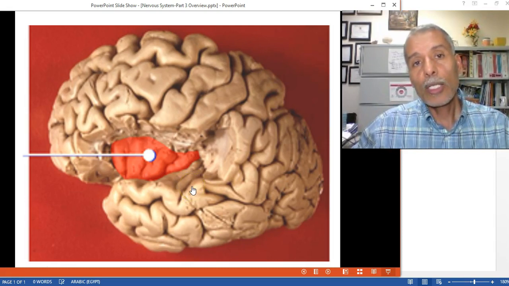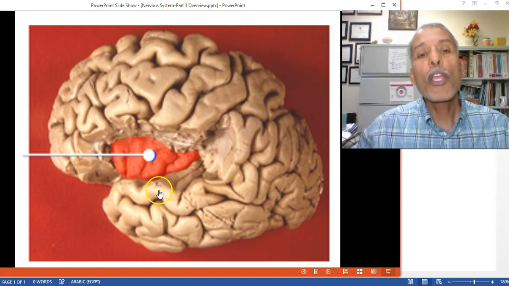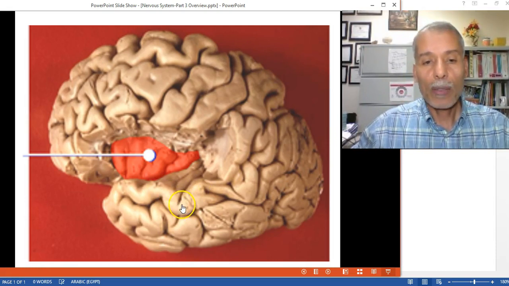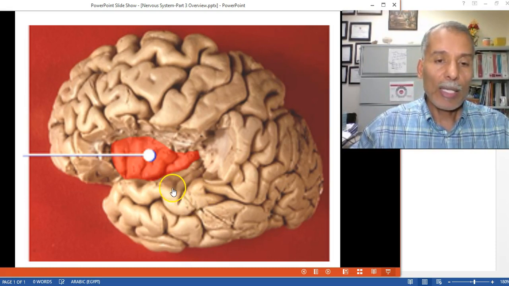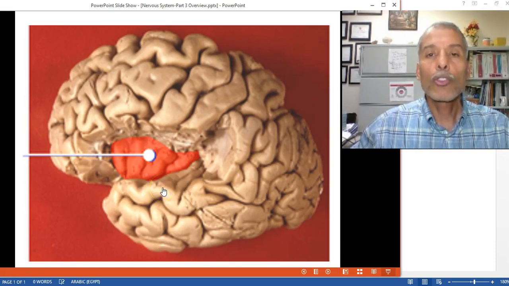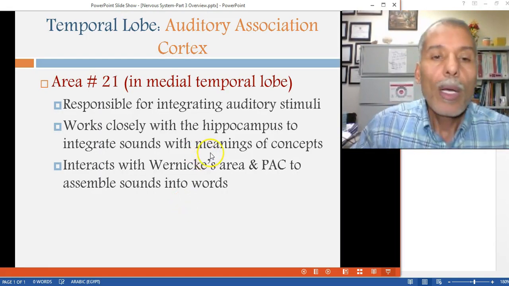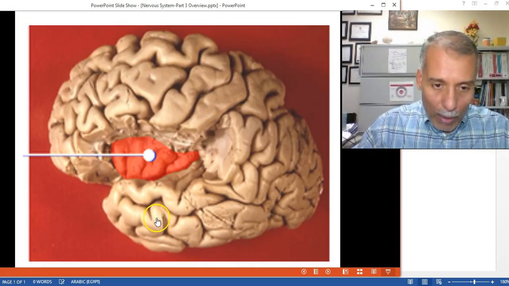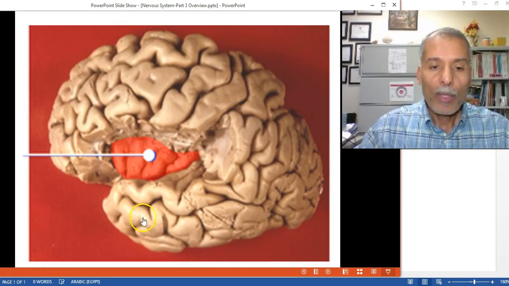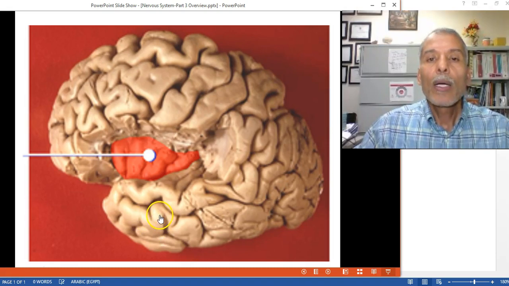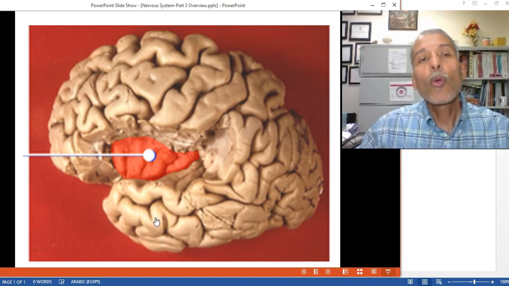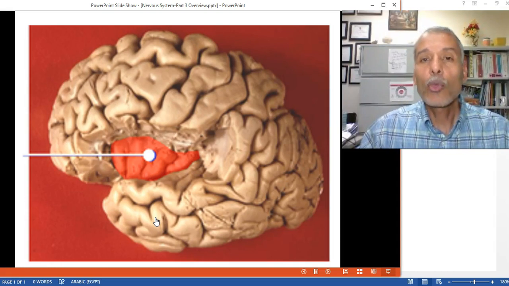So where does Wernicke's area lie? It is on the posterior superior temporal gyrus. And right next to it is the primary auditory cortex. In the middle temporal gyrus here is an area called Brodmann area 21, or the auditory association cortex. The auditory association cortex. That area